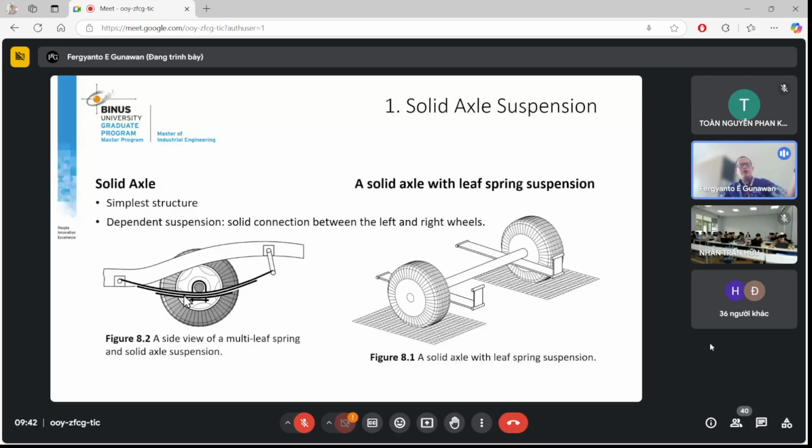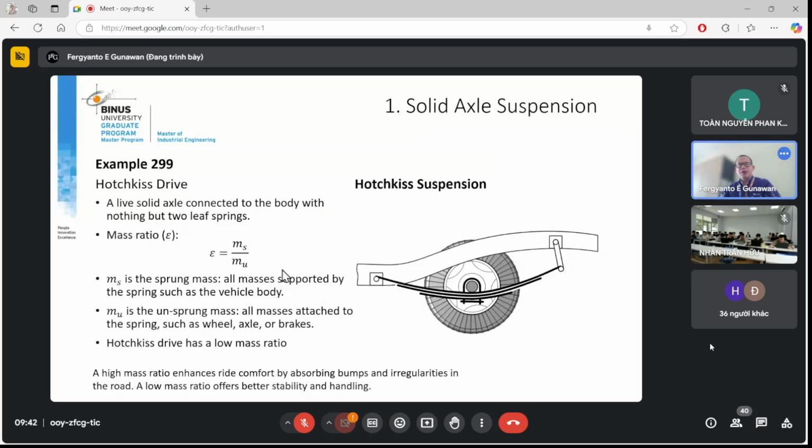For the front wheels, we use a different suspension, but for modern cars, we still use these simple structures. It has some weaknesses, clearly, but before we discuss the weaknesses, we have to introduce a quantity